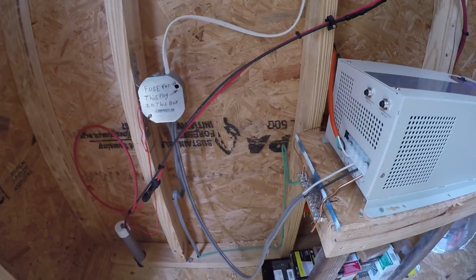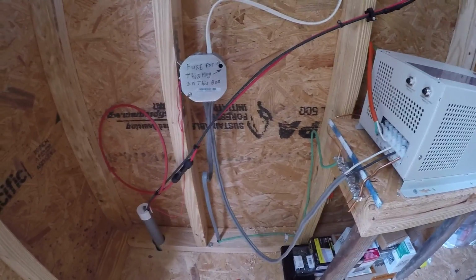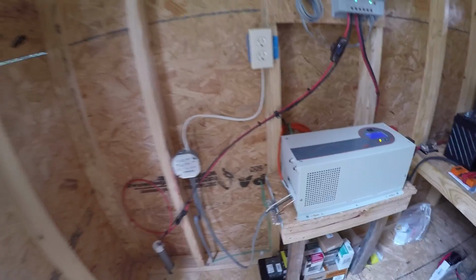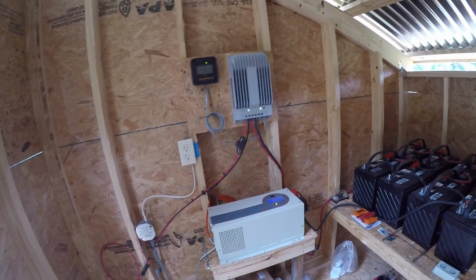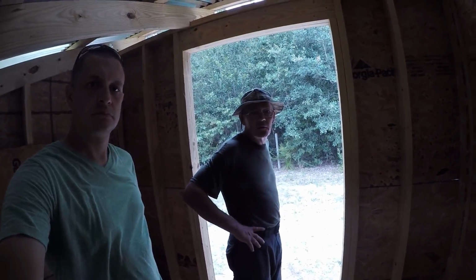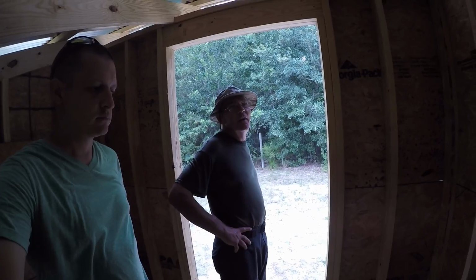There's actually 2 ground rods. I think a lot of places with dry soil require 2 ground rods at least. Really? 8 feet apart. 8 feet long, 8 feet apart, bonded together, blah, blah, blah. Read the code. It's a little daunting, but